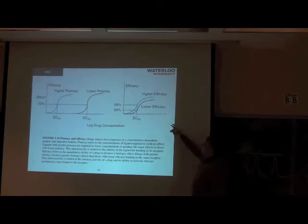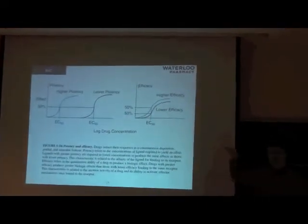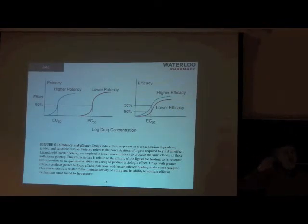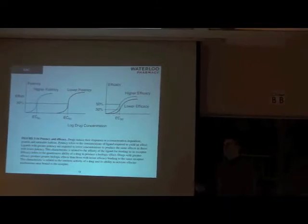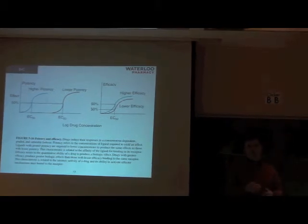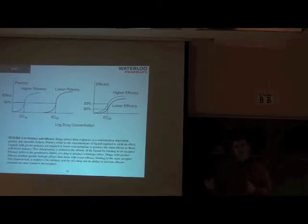And on the right, we have two drugs that actually have the same potency, but the blue drug can give us a higher maximal effect than the red drug. Even if we give loads and loads of the red drug, we can never get to that maximal effect we can achieve with the blue drug. And so we say that the blue drug has a higher efficacy. And those are important because sometimes the word potency is thought to mean more effective, but it really just means how much you need. So, for example,